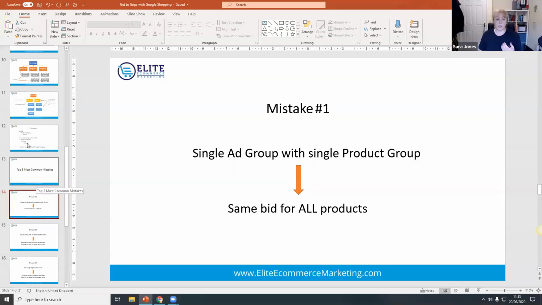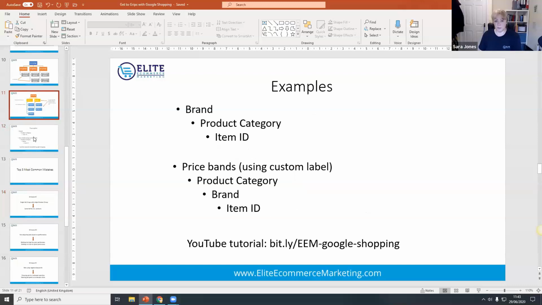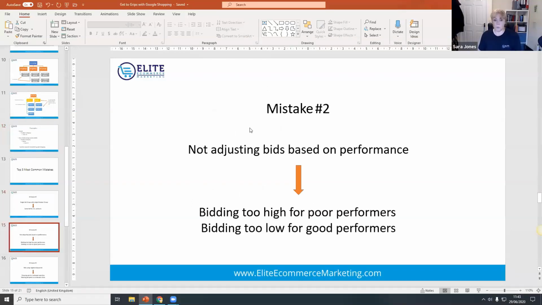So by splitting them out, like I've discussed here, I can then be paying, this might be Nike running shoes, okay, and this might be, I don't know, Adidas sweatbands. These are 80, 90, 100, 150 quid. These might be 199. I don't want to pay the same bid for both of these. And by doing it this way, by breaking things out, you can bid differently, which is what